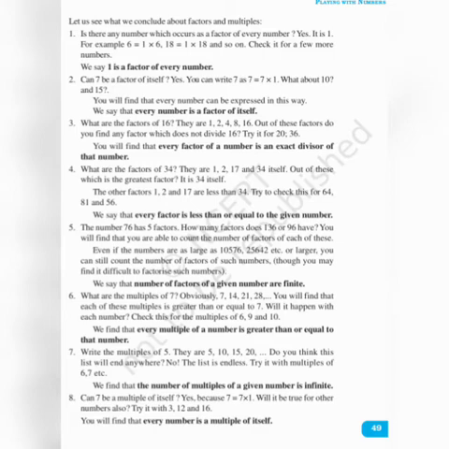Next, 6th point. Every multiple of a number is greater than or equal to the given number. Always the multiples will be what? Greater than or equal to. That you should keep in mind. Factors are less than or equal to. Multiples are greater than or equal to. Just underline all these bolded letters. It is very, very important. Multiples are greater than or equal to. It is not just greater than. It is greater than or equal to.